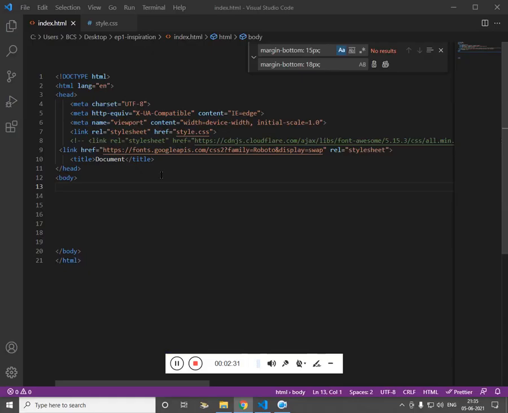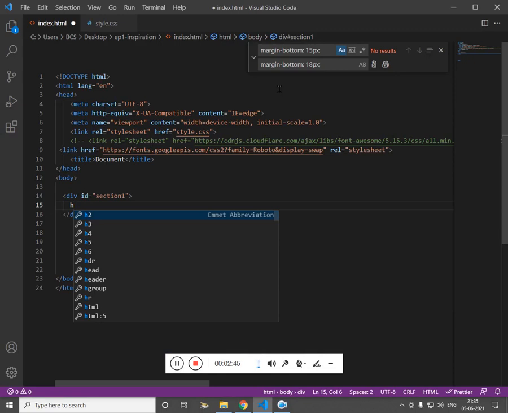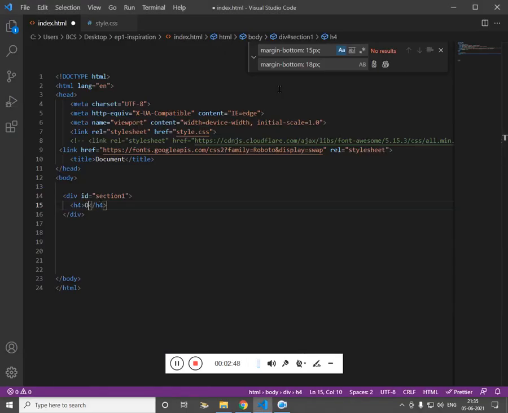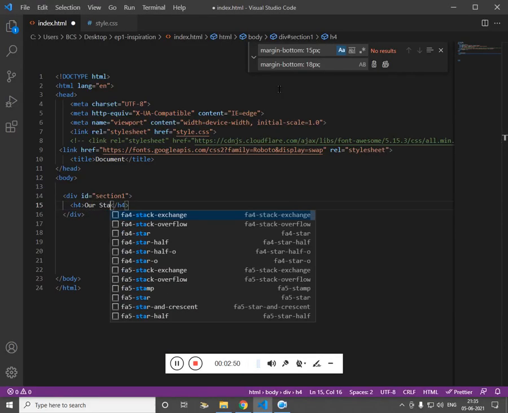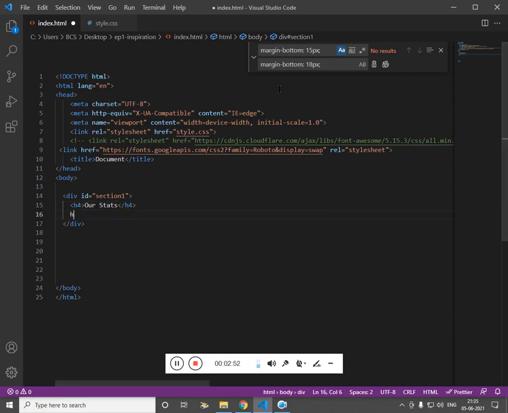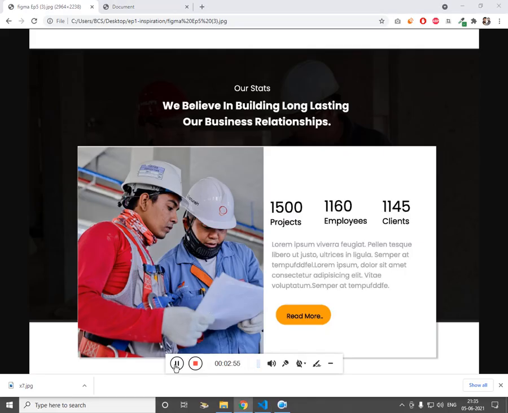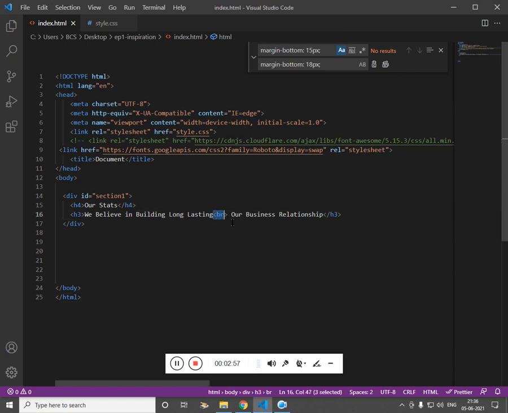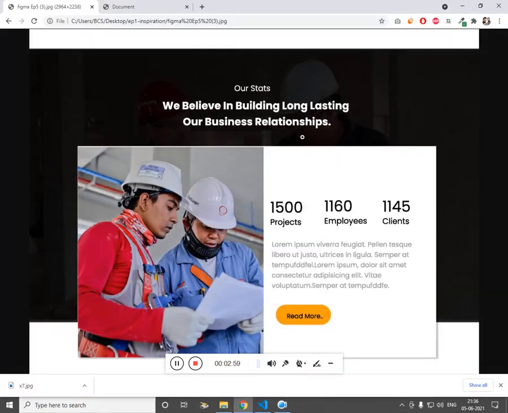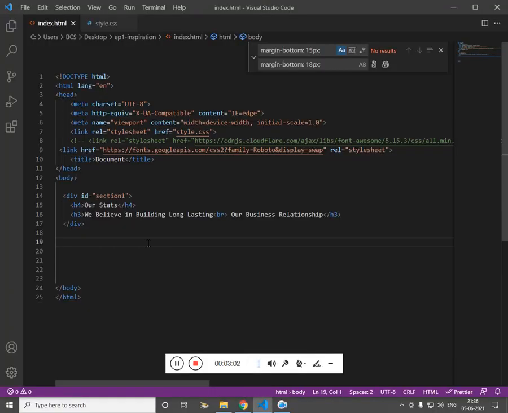Now what we need is, let's work on the section which will be given the ID section 1, and inside the section 1 we have h4, let's say our stats, and then we have h3. Cool. Now if you notice, I have used a line break, and then we will have the section 2,